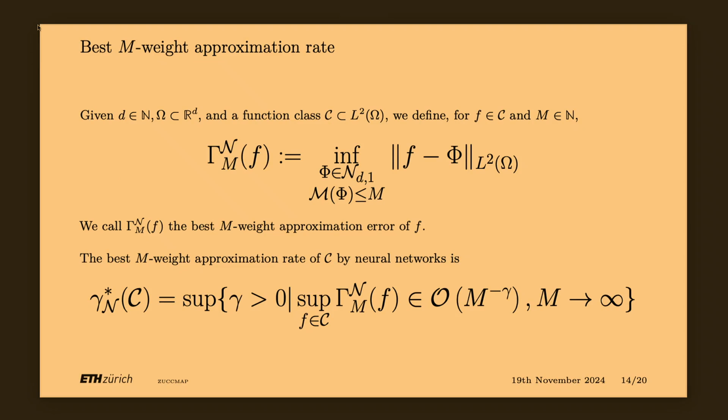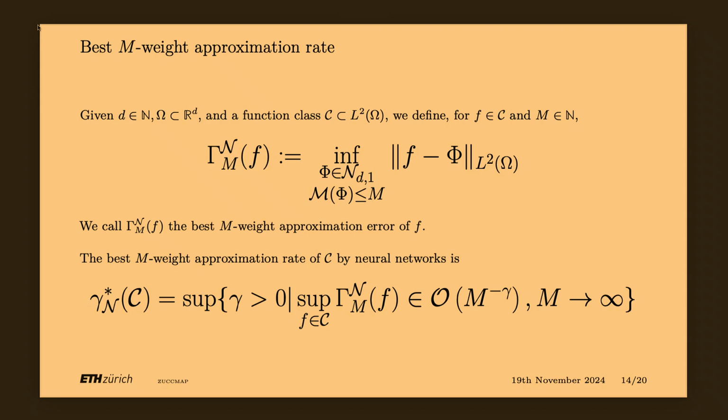And this time, we are trying to approximate our function not with dictionaries, but with neural networks. So let's again take our function class C, again compact, and this time we're trying to approximate the function class with a neural network that has at most connectivity M. Before, we had the constraint that we were approximating with a linear combination of at most M elements. This time we are translating that constraint into a constraint on the connectivity of the network.